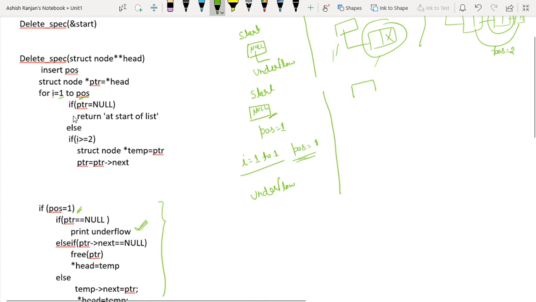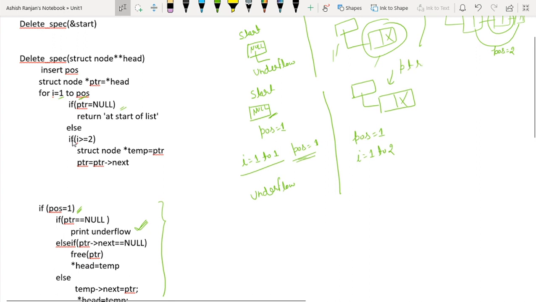Second scenario, I want to delete the node, single node in the list. So let's suppose I want to delete pos 1, then pos 1 must be deleted. So what will happen? The loop will run from I equals to 1 to 2. So in first case is PTR null? Since PTR is pointing first node, PTR is not null.